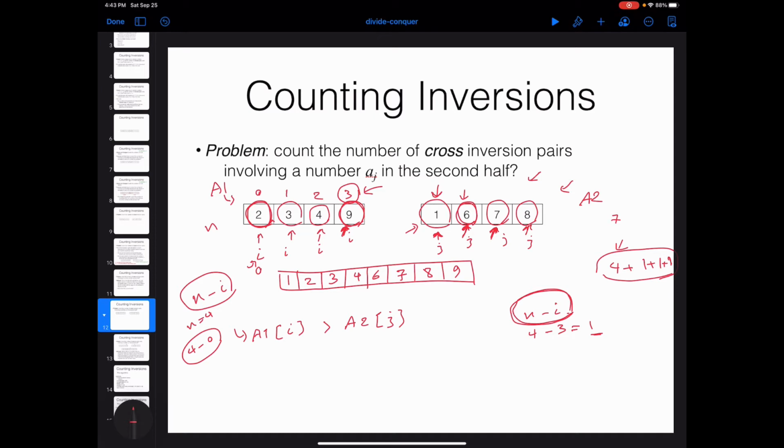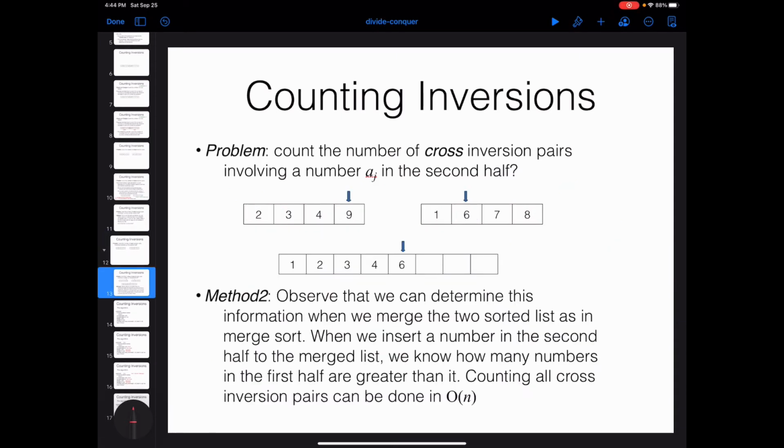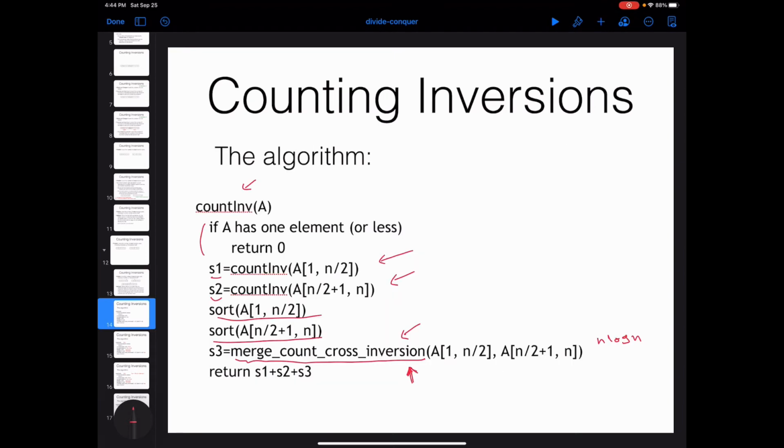So this method is exactly the merge method. I just actually extended it by counting, by adding this n minus i whenever you are copying from the second half. Whenever you find an item which is the smaller item which you are copying, it is coming from the second half, and that's going to be actually the method that you can do to count the number of cross inversions